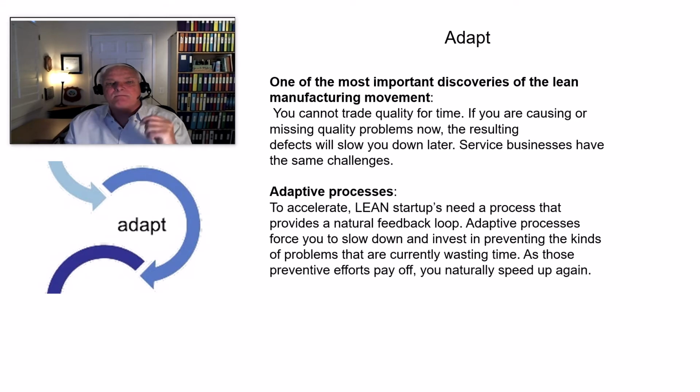I can't make it better faster unless there's a different type of paradigm or paradox that I've found a way to break. But traditionally, that is one of the things you need to understand from an adapt standpoint. And then, to accelerate that adapt process, lean startups need a process that provides a natural feedback loop. Remember that natural feedback loop we were talking about is what you're looking for. It is going to tell you that in certain places you need to slow down and in others you need to speed up. And unless you're looking at optimizing that entire cycle, you won't know where that is, because you can't run at breakneck speed all the way through. Many times that's what causes problems for you.